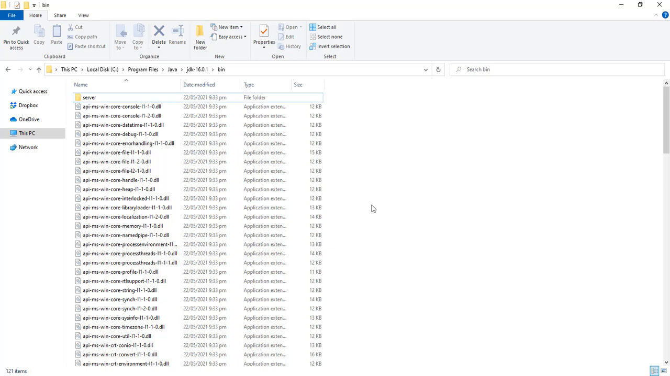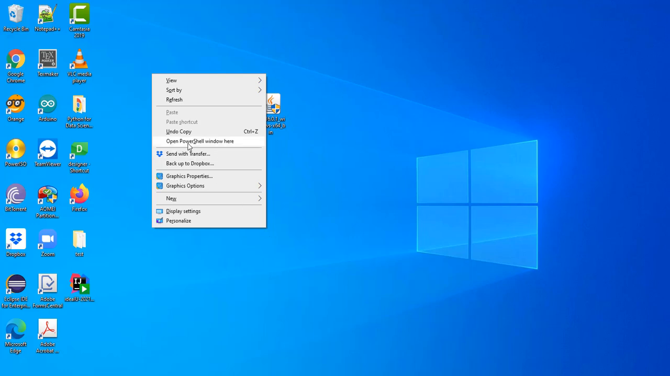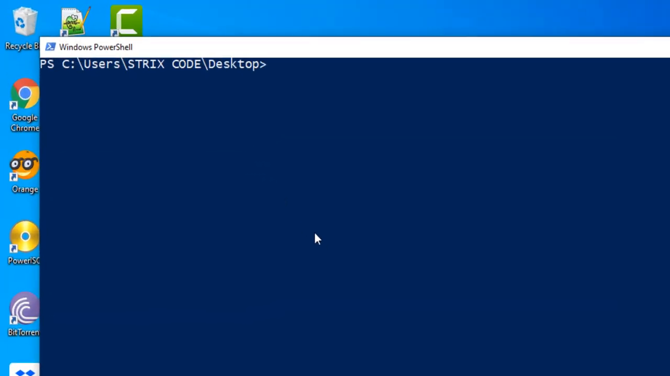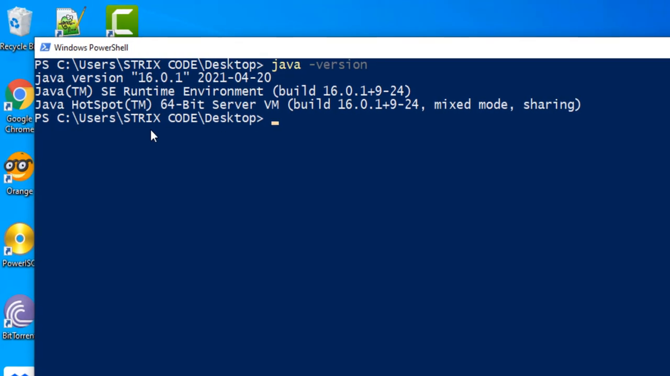So the next thing we need to do is to find out if we can access the Java commands wherever that we are on the computer using the command prompt or the PowerShell. So we simply go to the desktop, hold the Shift key and right click on an empty space, and we select Open PowerShell window here. Now we can check to see if our Java has actually been installed and what the version is. So we say java